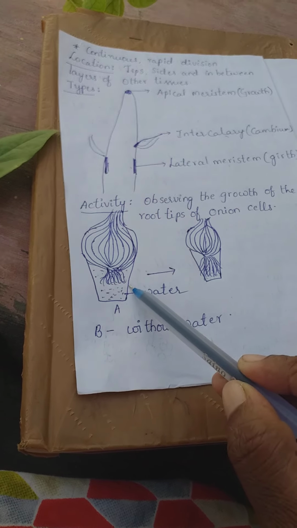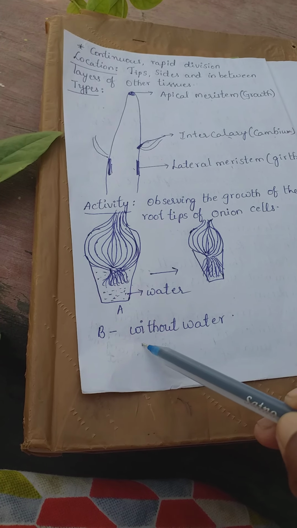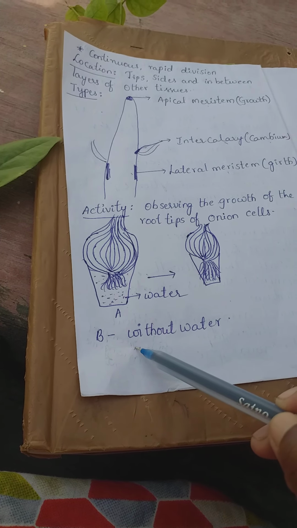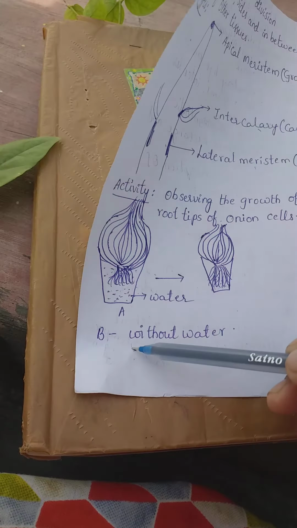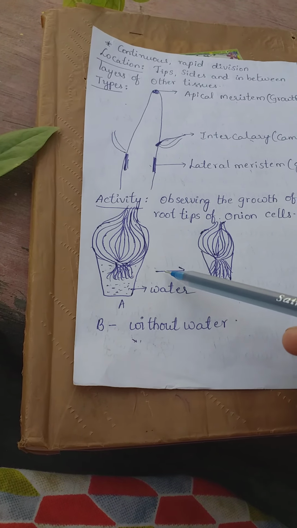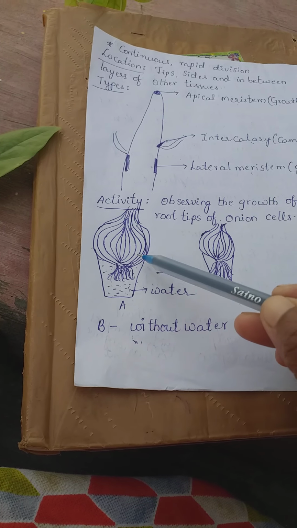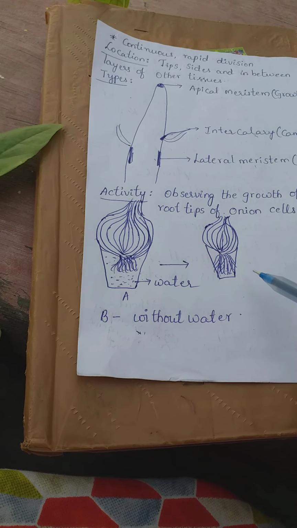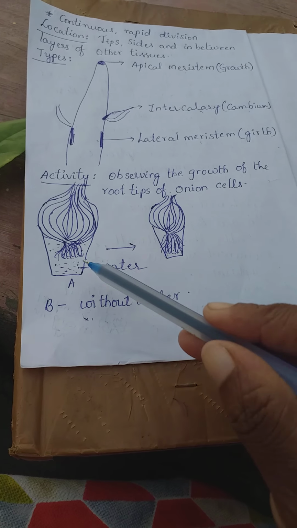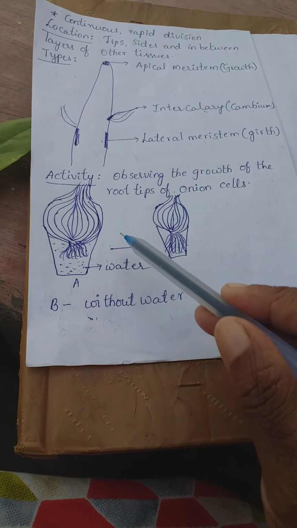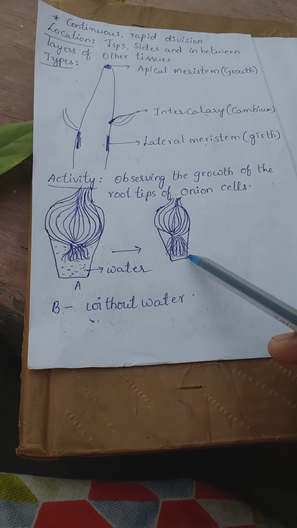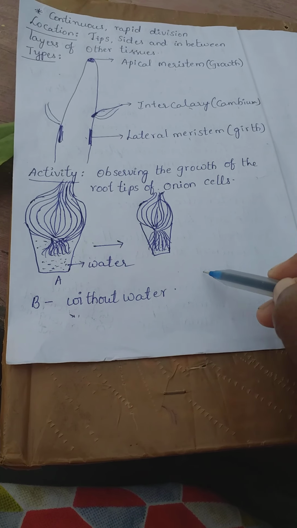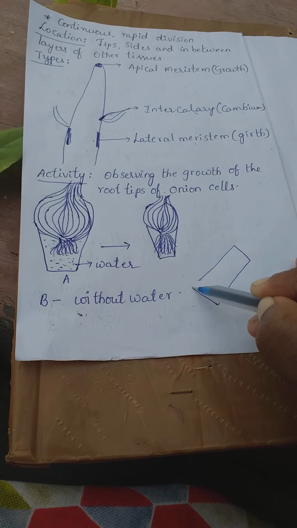And the same experiment we can do without water. If you do it without water, you can't identify the growth, because there is no water, there is no nutrient medium. So if you keep it in sand, it will not grow. Okay, it needs moisture. These cells need moisture to grow. So if you cut these tips and place them on a neat glass slide,